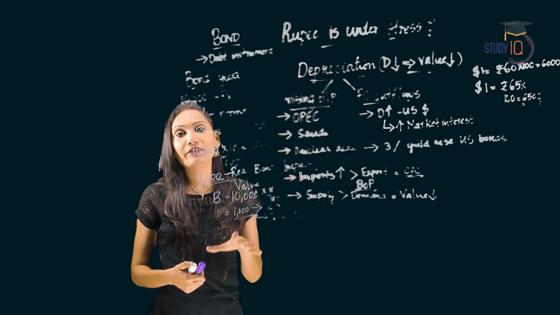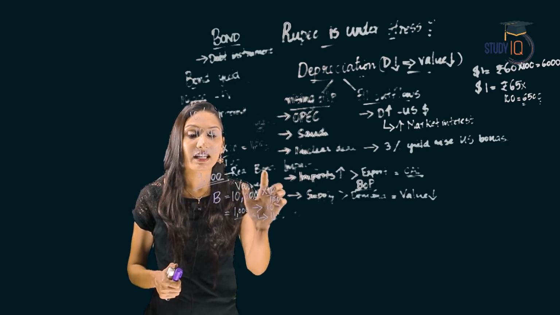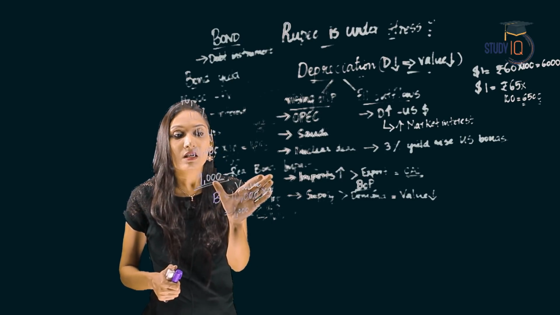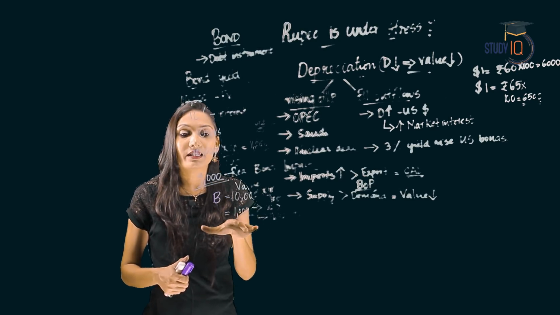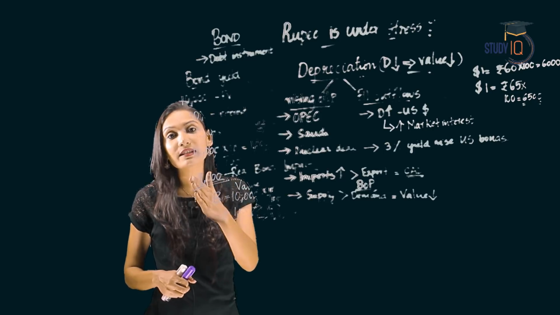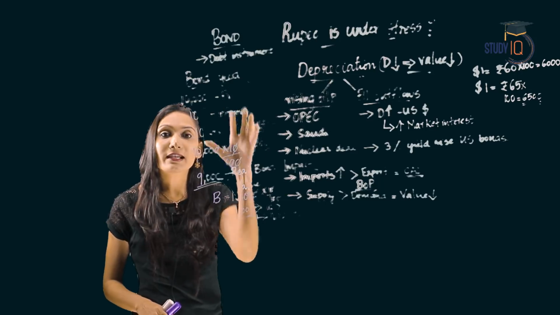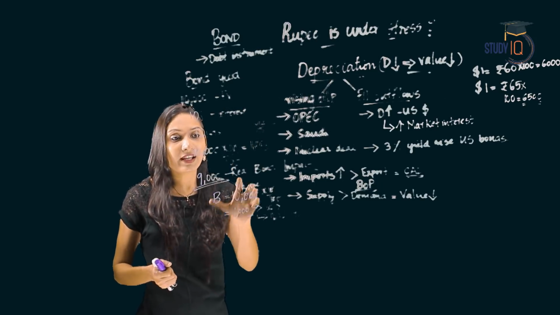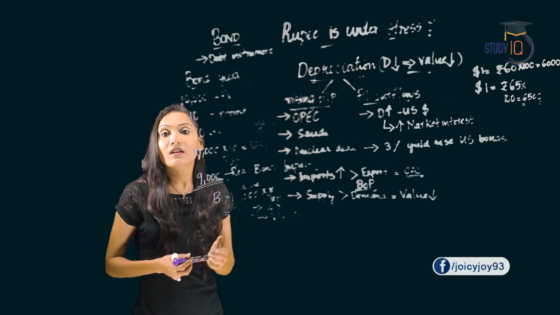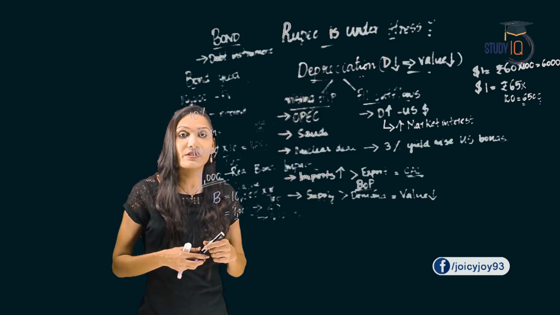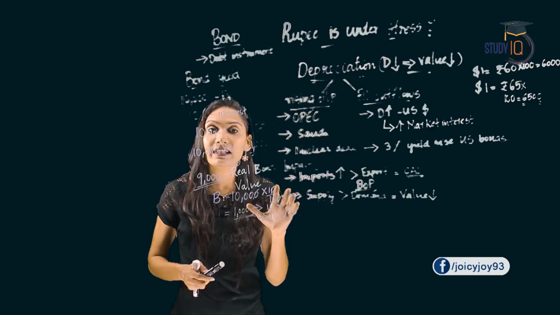So what do we understand from this? We understand that bond price has fallen. What is the bond price? Real bond value. This is the bond price. So when real bond value has come down, it has fallen. See here, earlier the face value was 10,000 and real bond value is 9,000, which means that face value is more than the real bond value. So when real bond value or the bond price decreases, what happens? The yield increases. So there is an inverse relationship between real bond value and the bond yield.